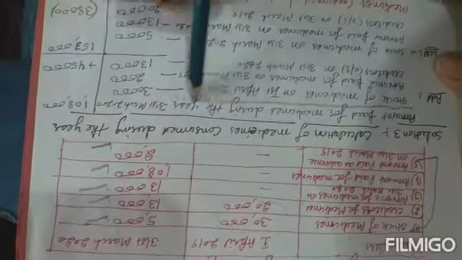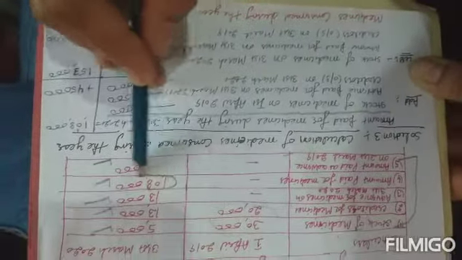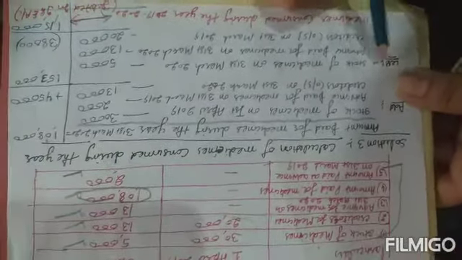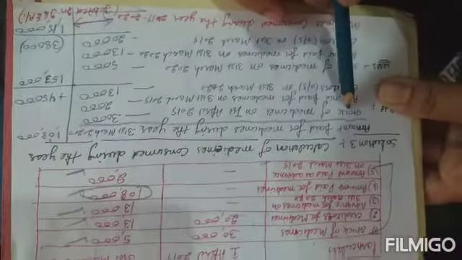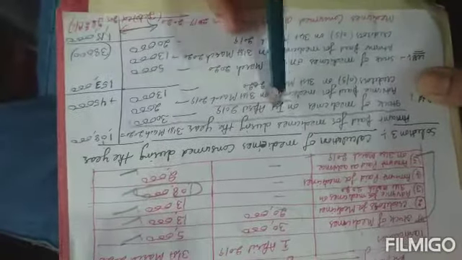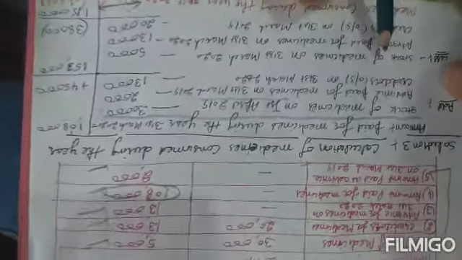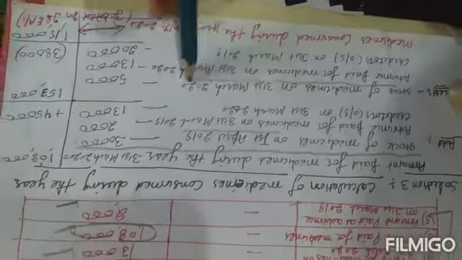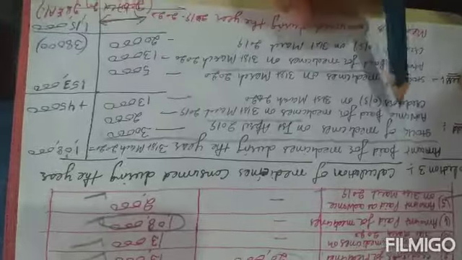First of all, we'll write the amount paid for medicines during the year ended 31st March 2020, 1,08,000. We are picking the amount from here. Something will be added and some things will be deducted. What will be added? First of all, stock of medicines on 1st April 2019, 30,000, means this is the opening stock. Then closing stock will be deducted. Stock of medicines on 31st March 2020 will be deducted here.